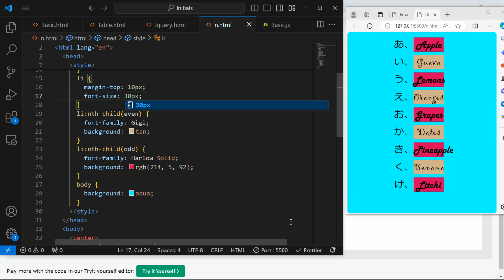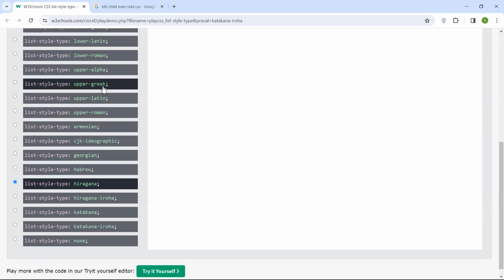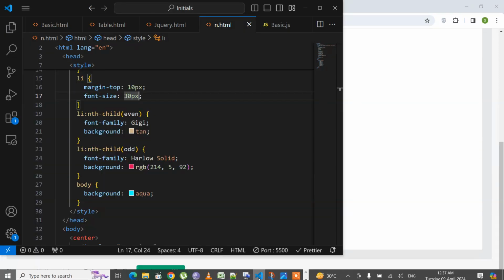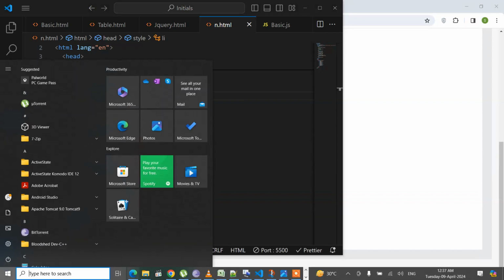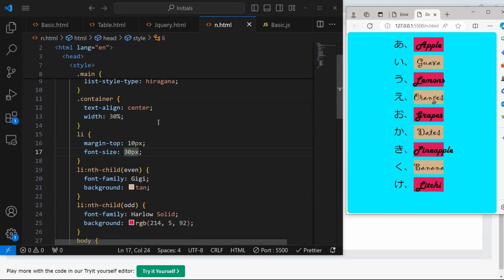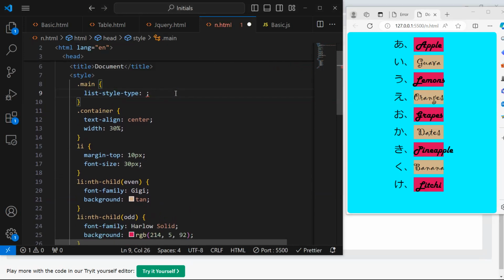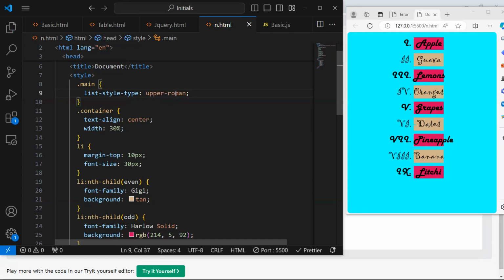So that's a short tutorial or a short guide on how to use your unordered list, and I'll be pasting the link of this section. So maybe, how will it look if I use upper Greek? So let me again move to Visual Studio Code and keep this one open at the side of it, and I'll be saying that apart from hiragana, I'll be saying upper Greek, upper. So upper Roman is also there. Let me save the file. This is how upper Roman looks, and if I say upper Greek,